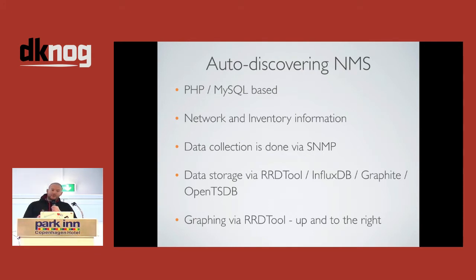When you go and add your first device in, the idea is, unlike Cacti and something else, you don't have to go in and say, I want to see this, I want to see that, etc. You just add a device, and it will go off and run a discovery process against that device and work out what information it can store. And then from 15 minutes onwards, you'll start seeing data, whether it's graphs or event log information, etc. You'll start seeing a lot of information in the system. It's designed to be as hands-off as possible, so you don't need to spend your time configuring things. As you scale, that changes a little bit and you need to start fine-tuning things, but by default it should work out of the box.